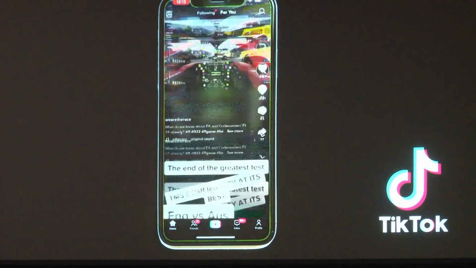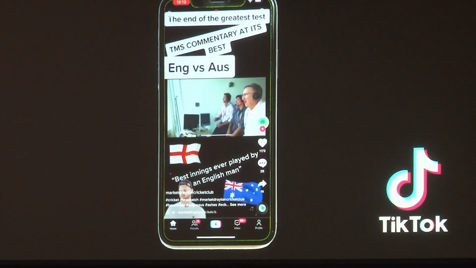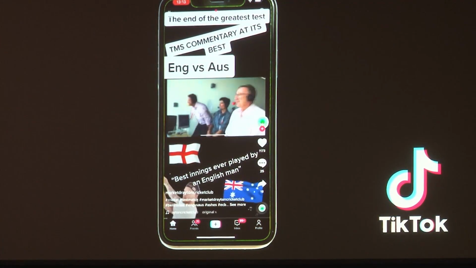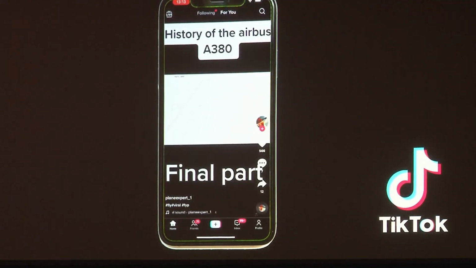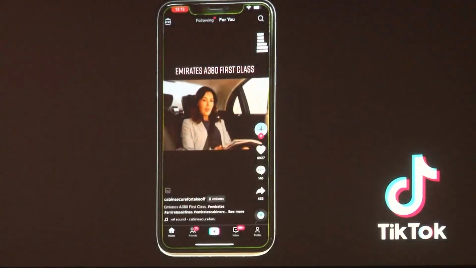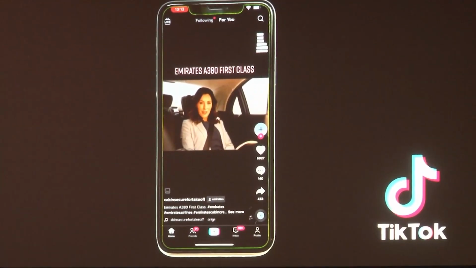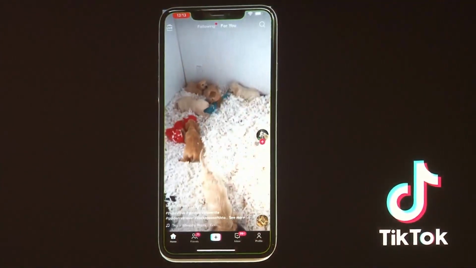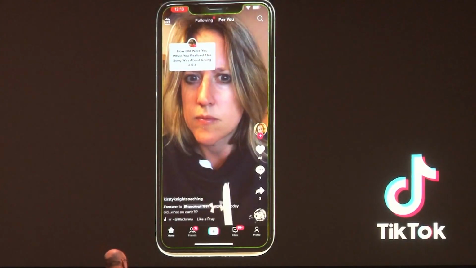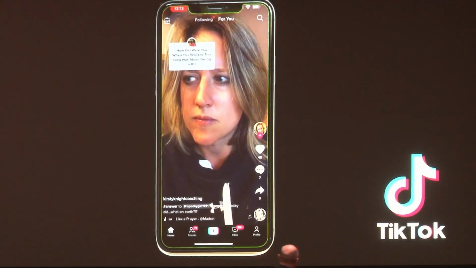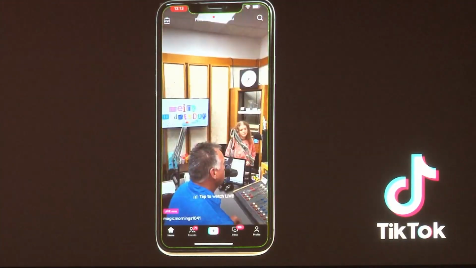So this is Formula One. Actually, it isn't too bad. I do a little bit of Formula One with military aviation. This is cricket, which is completely useless for me. This is aviation, which is good. This is a tick in the box. This is me just scrolling up. This doesn't look like it, but it is also aviation. This is golden retriever puppies. This is another author, which is kind of the negative side of some of the work I do, that I have lots of authors on my For You page.